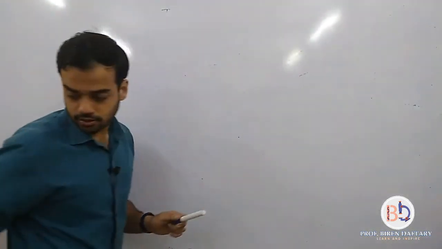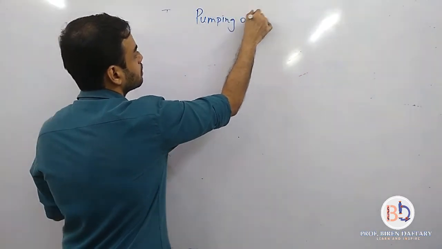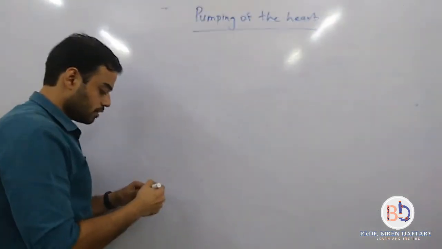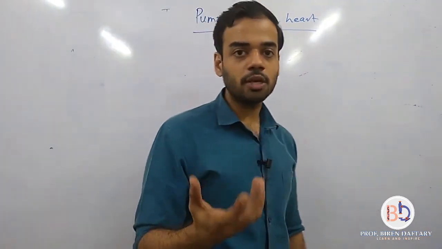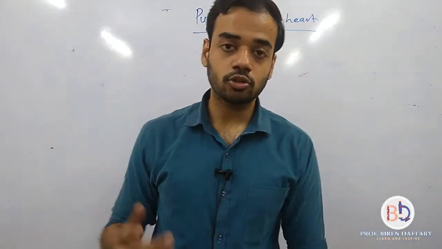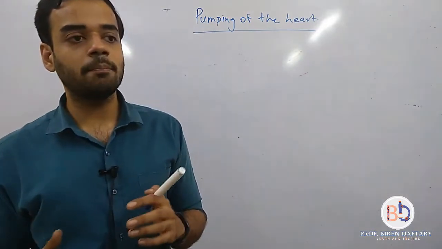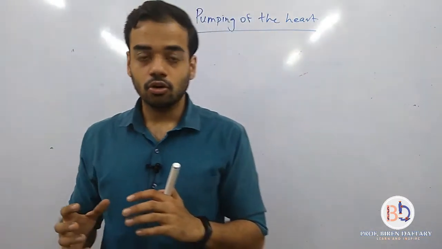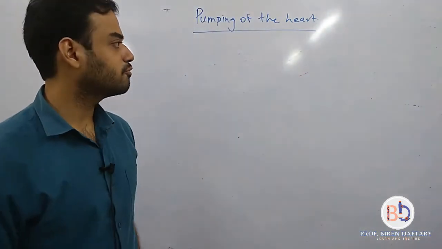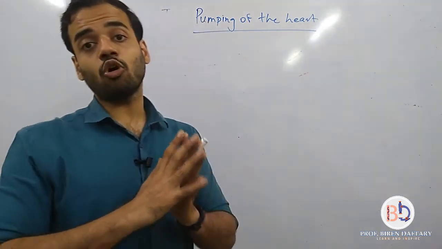Okay. So now let us start with the next part, which is pumping of the heart. Alright. Now, heart is the principal or the main pumping organ of the body, right? So it is pumping oxygenated blood to all the parts of the body. The oxygenated blood is coming from the lungs. So the heart has a very powerful part, which is called the left ventricle. And this left ventricle can pump very powerfully and send the oxygenated blood to all the parts of the body,